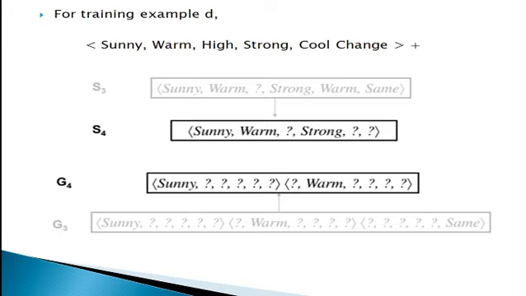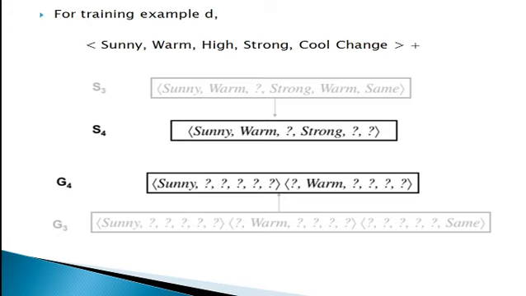Next, consider the fourth training example. Here the fourth training example further generalizes the S boundary of the version space. It also results in removing one member of the G boundary, because this member fails to cover the new positive example. This last action results from the first step under the condition that if small d is a positive example, right? So in the candidate elimination algorithm, to understand the rationale behind this step, it is useful to consider why the hypothesis must be removed from capital G.